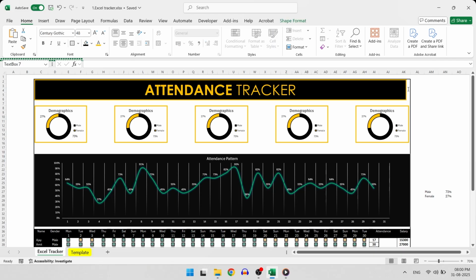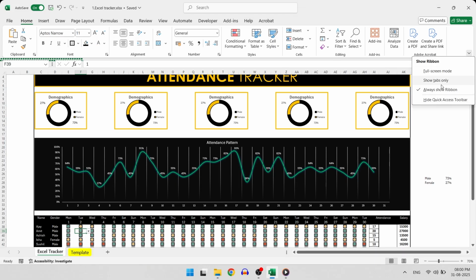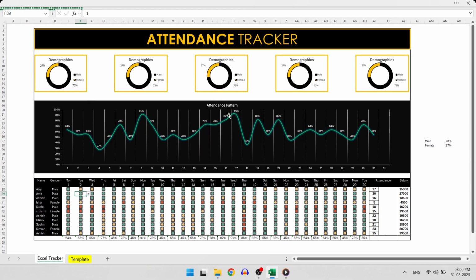You can set the view to full screen in Excel to view it properly on a larger screen. See, it's totally interactive. You can change the attendance details and it updates the line chart and salary calculation automatically.